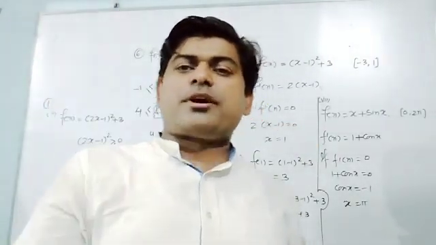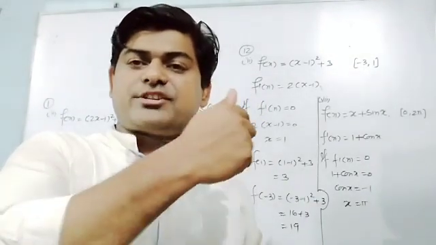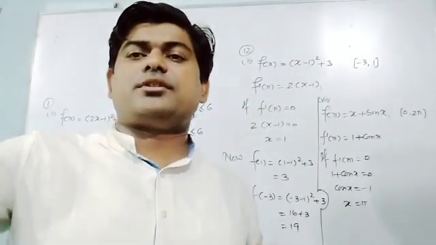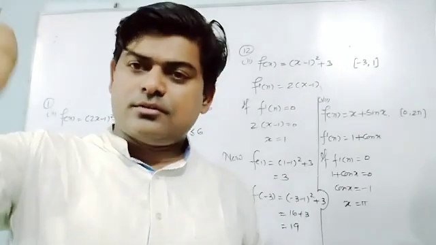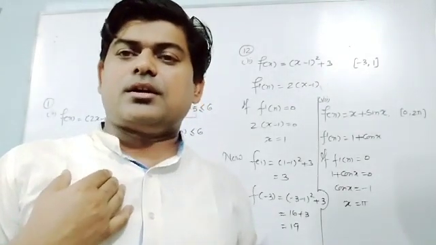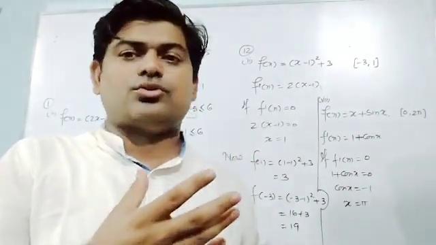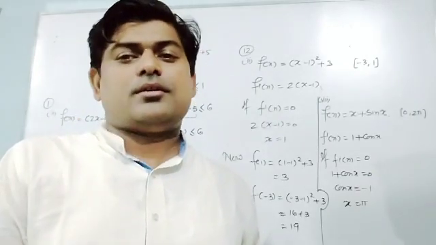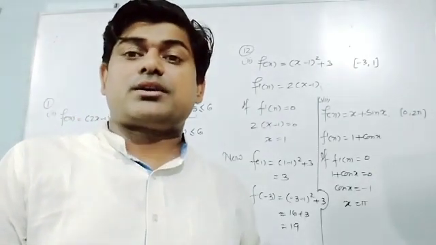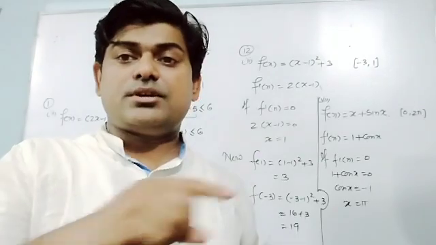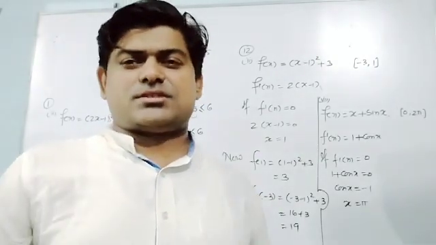So if I am getting the minimum value at x is equal to 0, I can say that the point of minima is 0. And x is equal to 2 pi gives the maximum one, so I can say that the point of maxima is 2 pi. These are a few basic things.